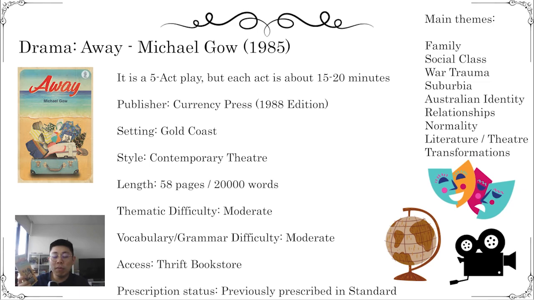For the drama text, Away by Michael Gow, I believe it's a one-act play. It's fairly short, and it's about a summer vacation in the 1960s where three families of different social classes gather together and are mixed up together by a big storm, kind of like The Tempest. In fact, it refers to The Tempest directly, and people are confronted with their own prejudices and beliefs in this growing and changing Australia, where people are changing social classes, and people are being affected by things that were relevant to what was then modern life, like debt and credit, the economic forces of the time, migration, and war trauma from World War II and later on Vietnam.